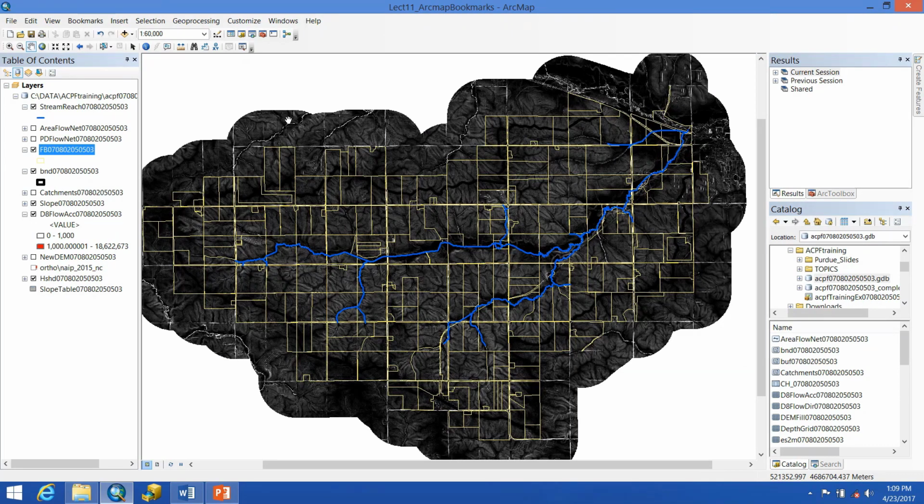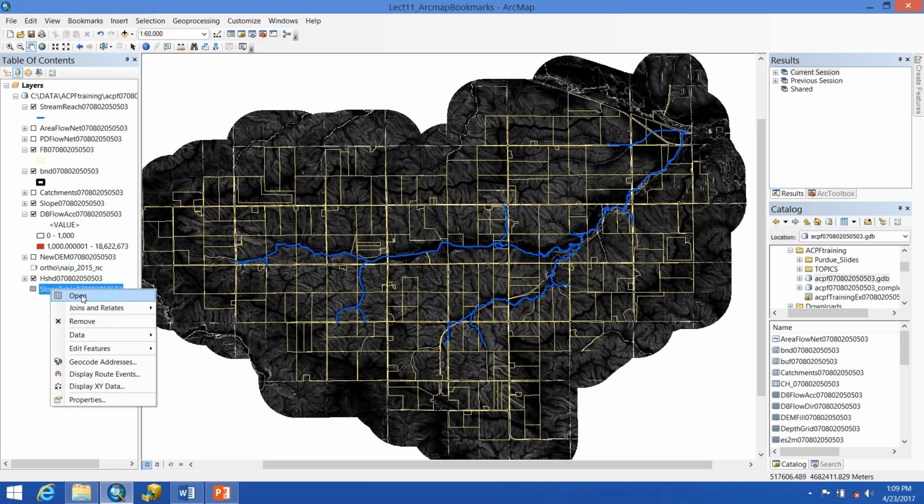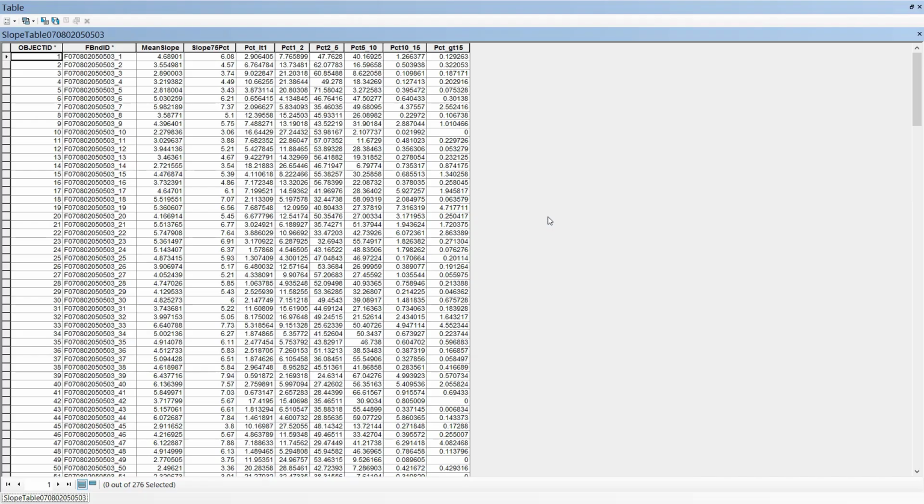Okay, so the slope tool has just finished running, and we can see that a slope raster has been generated, and that is the background that we see here. And we also got a slope table. You can open this up and take a look at it. And you can see that it also contains the field boundary ID number that'll be useful when we join it to the field boundary feature class.